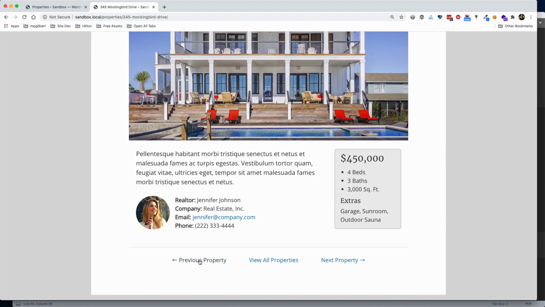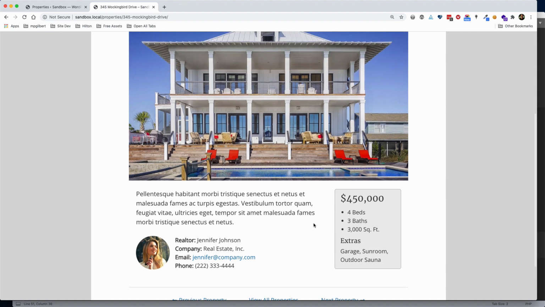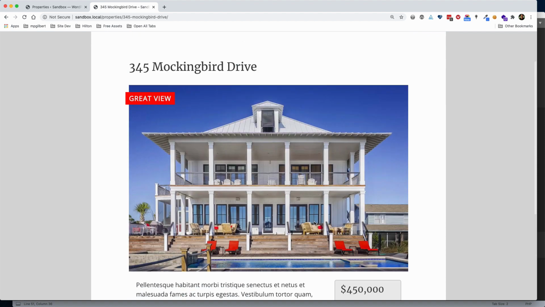To me, it makes sense to have previous on the left and next on the right. That's why I reversed them in my template. But you could have next on the left and previous on the right. I think that's the default way to do it in a blog, because you're kind of going to the left when you go to the newer one. So anyway,